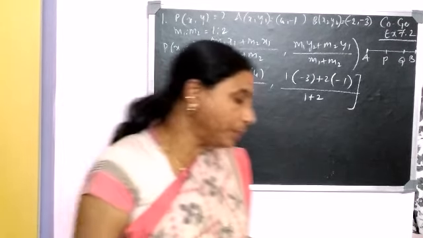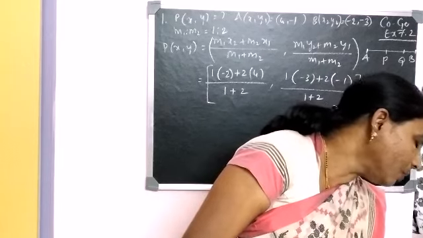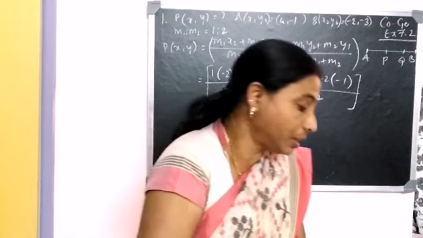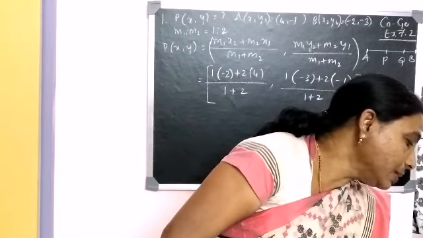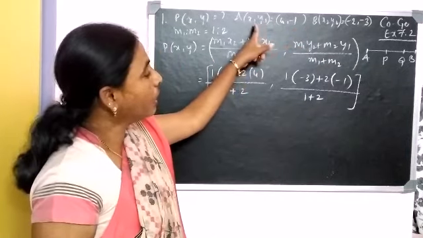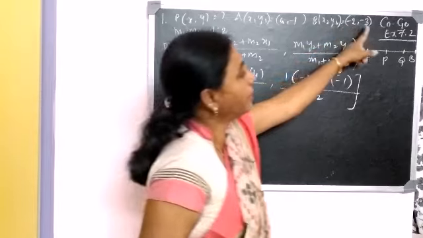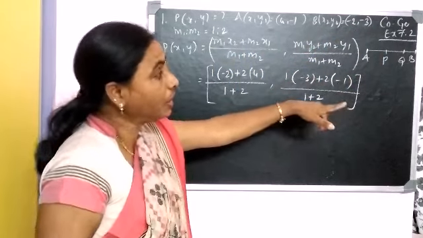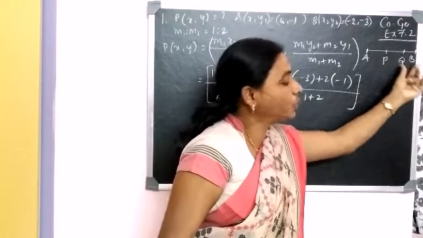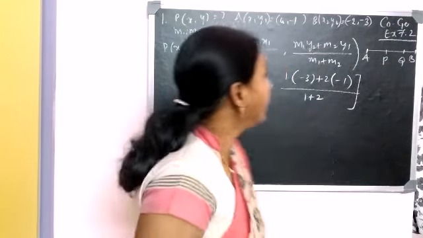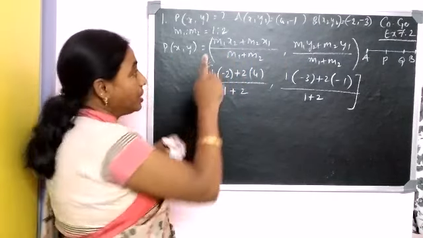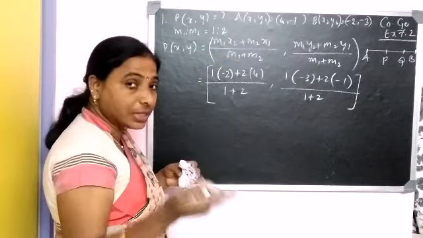See, in the second problem, it is given again the trisection. Find the coordinates of the points of trisection of the line segment joining 4, minus 1 and minus 2, minus 3. So A is 4, minus 1 and B here is minus 2, minus 3. Again, it is a trisection. Therefore, I have taken it as AB is trisected. That means 3 parts. 1, 2, 3. 3 parts I have taken. In that, you can check that I have taken it as 1:2 once. Second time I have to take it as 2:1.